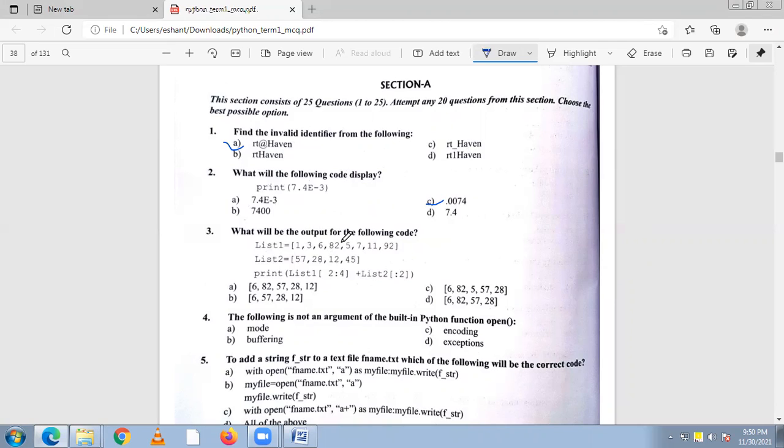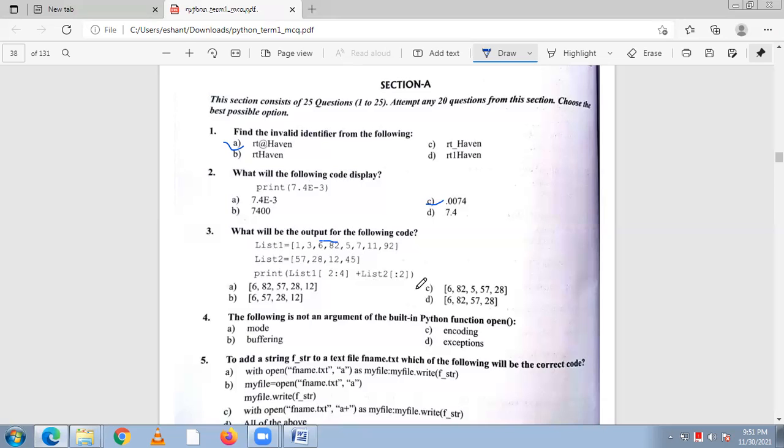What will be question number 3? What will be the output for the following code? First list, second list. Okay, we are preparing two lists. Print list one slicing 2 to 4. So now 0, 1, 2, 3, 4. We can see just data 2 and 3.